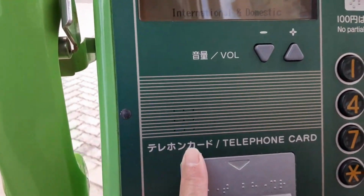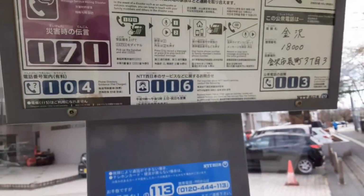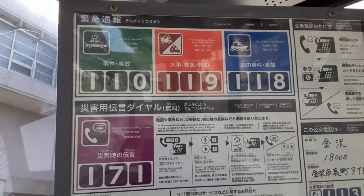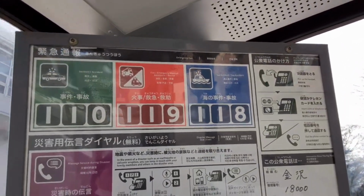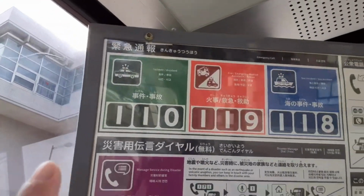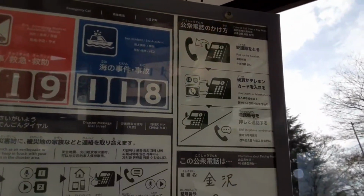Language: most public phones in Japan have instructions in Japanese only, so it may be difficult for non-Japanese speakers to use them. However, some phones in tourist areas have English instructions as well. Emergency calls: public telephones in Japan are equipped with a special button for emergency calls. If you press the button, you will be connected to an emergency operator who can dispatch police, fire, or medical